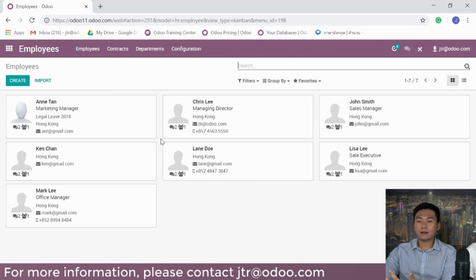Let's say you have just a few people who would like to manage the employees, who have the access rights to get inside the database. I believe that's not going to be a problem in implementing, because although you have 100 employees in the system,